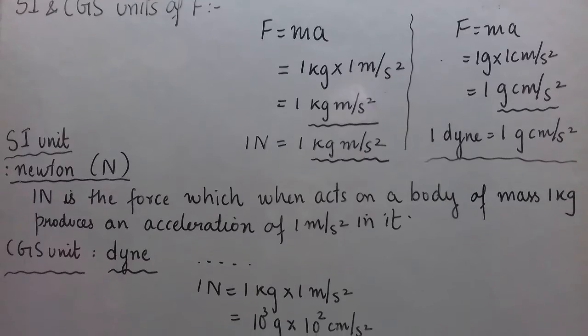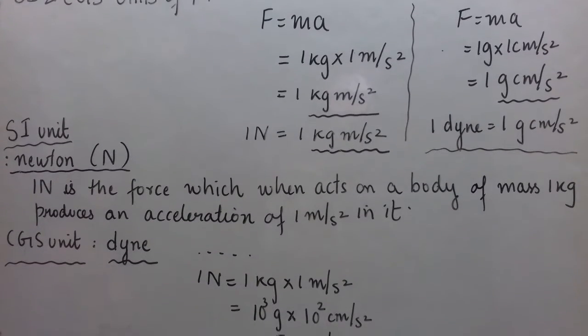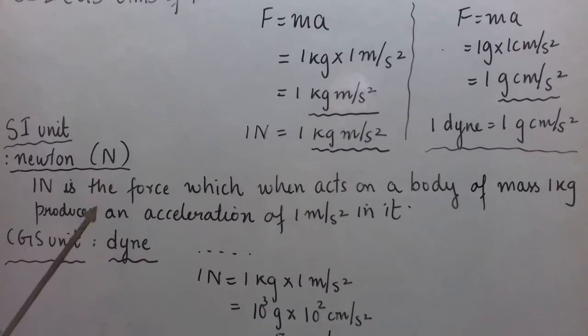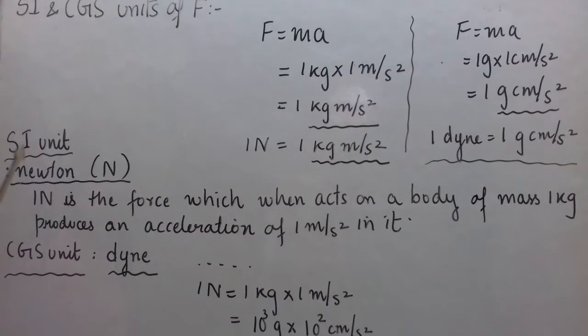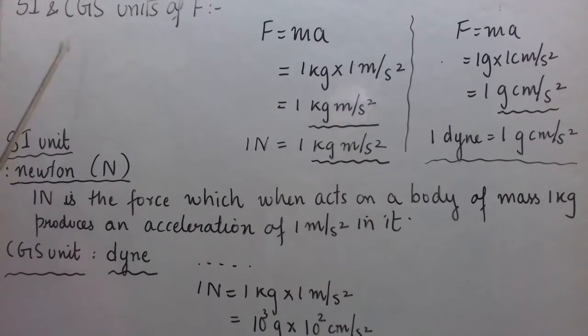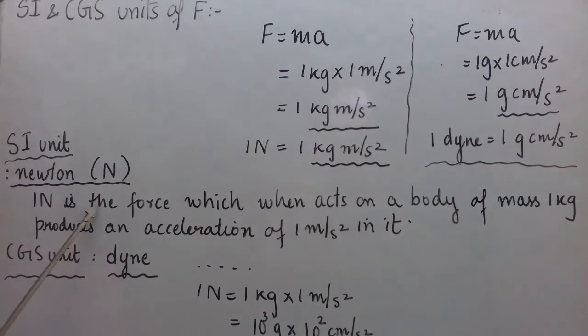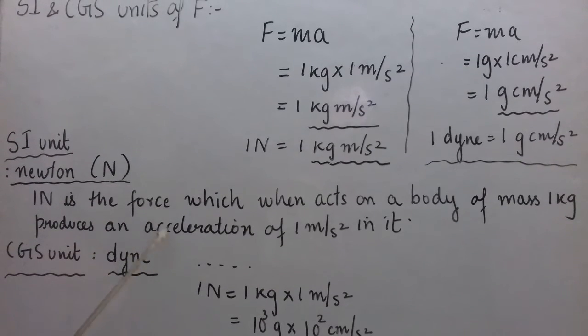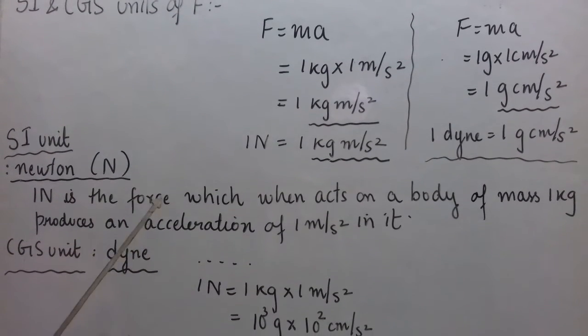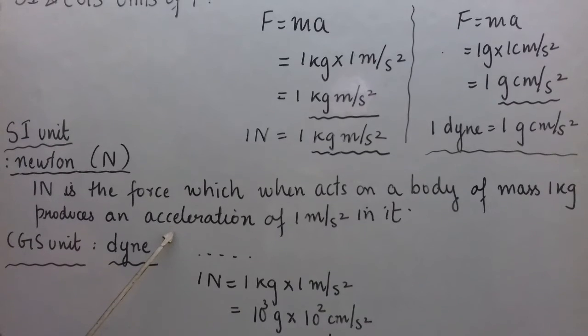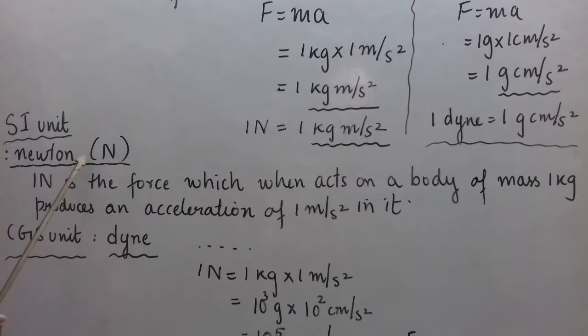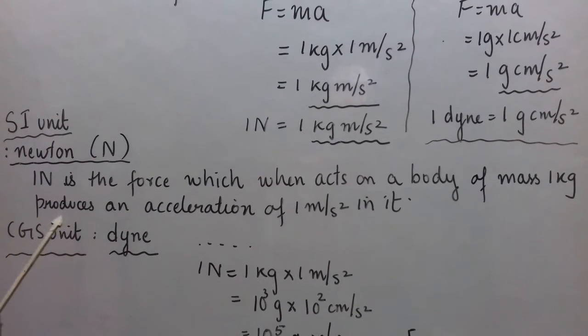If the question is just to state the SI and CGS units of force, then you will just write: the SI unit of force is Newton. The CGS unit of force is dyne. There is no need to define them. Definition only when they ask. Now let us see the next part of the question. You have to get a relationship between Newton and dyne, like meter and centimeter, which are the SI and CGS units of distance.